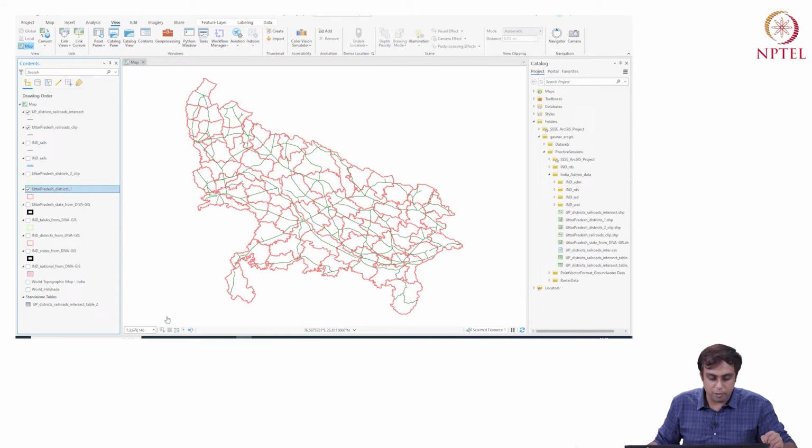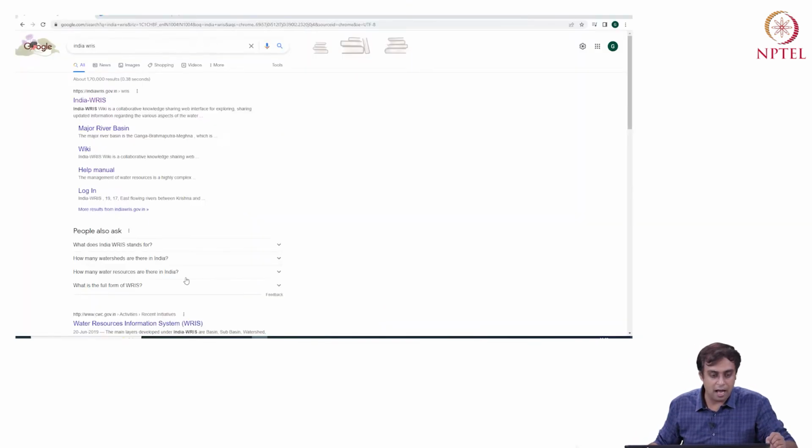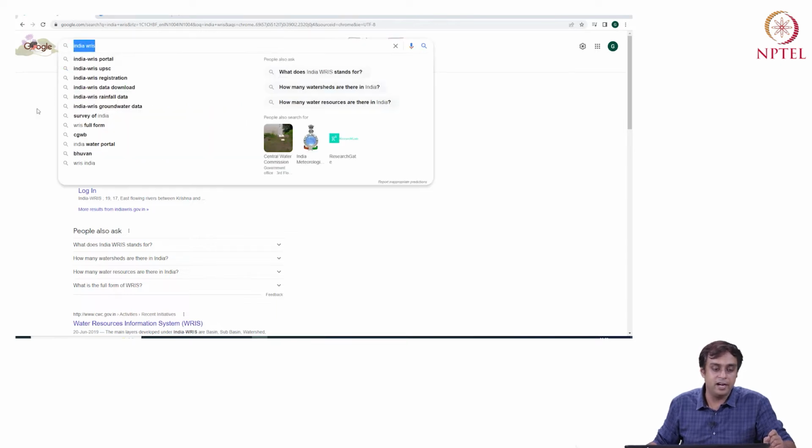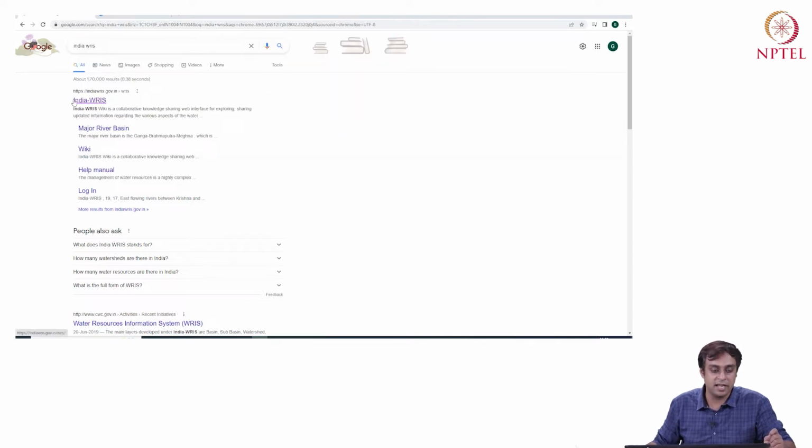And now I'm going to show you a points data set, right? So the vector data occur as polygons, as lines and points. So we have seen polygons, we have seen lines, we have seen how they can both interact with each other. Now we will look at points. For that, I want you to pay attention to this India Water Resource Information System database of the Government of India. Okay, so you can simply Google India WRIS and the first thing it will give you is the India WRIS portal.